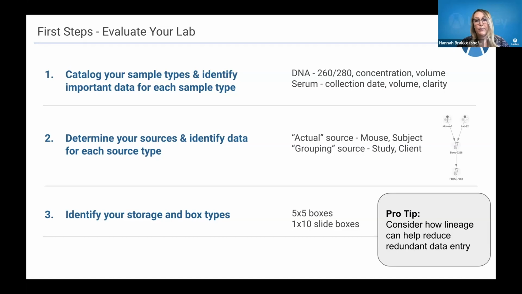Alternatively, we have a lot of people creating source types as a grouping mechanism. So things like what study is this sample part of, or what client are we generating or testing this sample for, are other good uses of sources. And we'll get into that a little bit later, but the main thing to consider when you're looking at this data, maybe when you're looking at the Excel file,